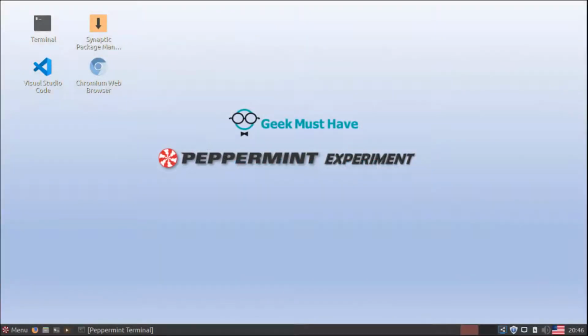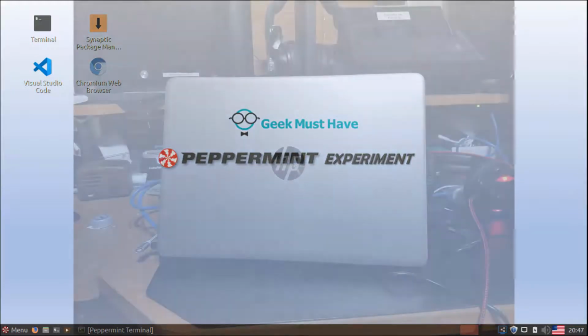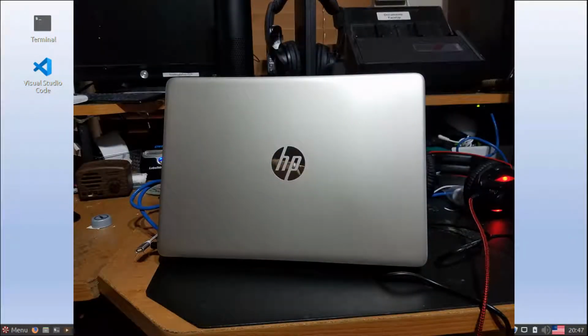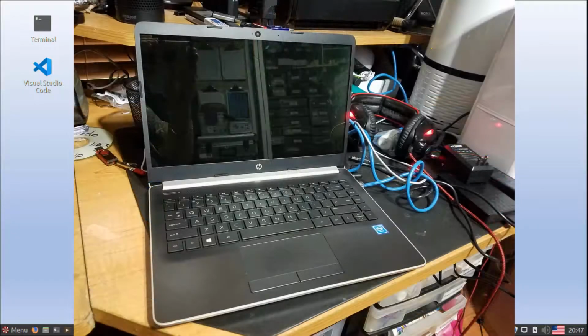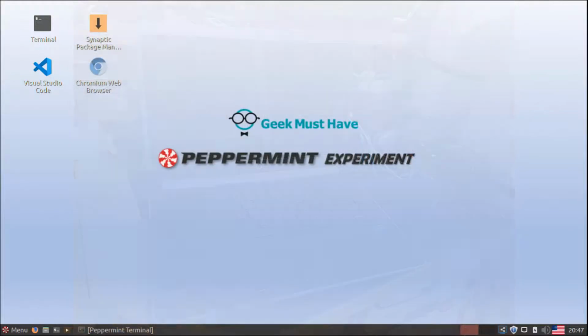To have a laboratory to perform the Peppermint experiments, Geek Must Have got an inexpensive HP dual-core notebook with 4 gigabytes of memory and 45 gigabytes of disk, and then installed Peppermint 10 over Windows 10. There is a separate video showing how the Peppermint 10 installation was done, and I'll put a link to that video in the description and a card up above. The Peppermint notebook is being used on a daily basis for any and all tasks that would have been done